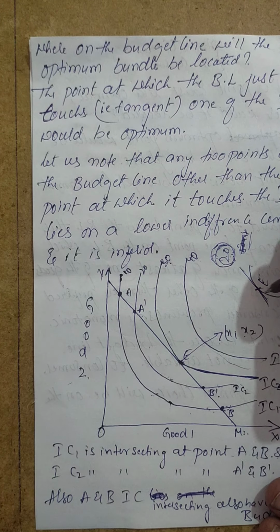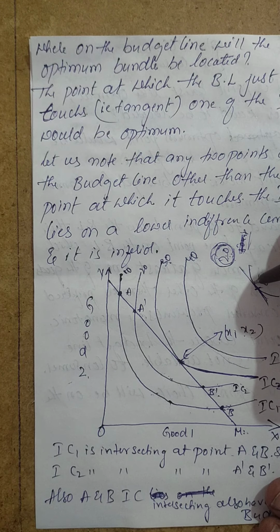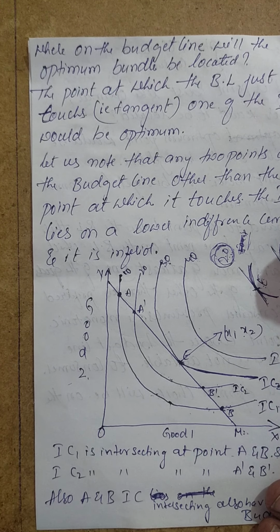Both are equal in the sense that when the curve comes here, it becomes straight, and it touches. So when it is straight and the budget line is also a straight line, that means both are equal here. The curve is straight, and the budget line which is drawn is also straight. So this particular point is the point of equilibrium, where both become straight and become equal.